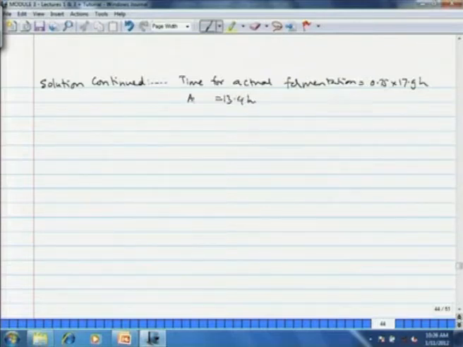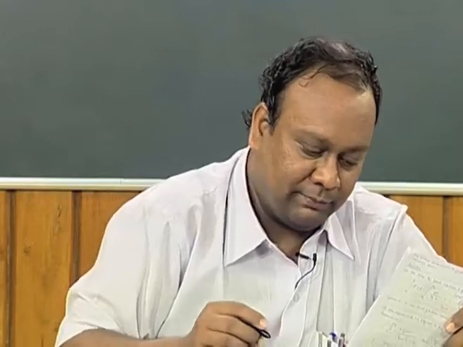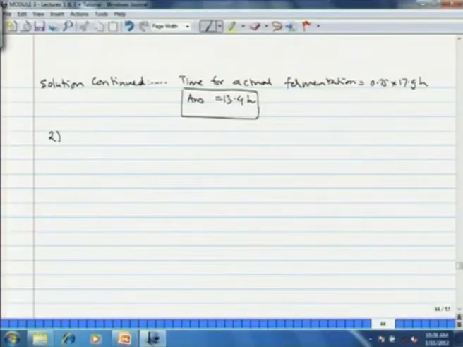So, this is the answer to the first question, the time required for 95% of conversion of the glucose for the conditions that we stated earlier. Okay. So, this is the answer to the first question. Now, the second question is about the PFR, the fermenter as a plug flow reactor.